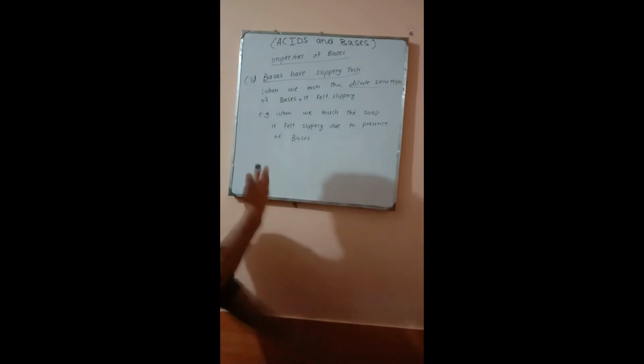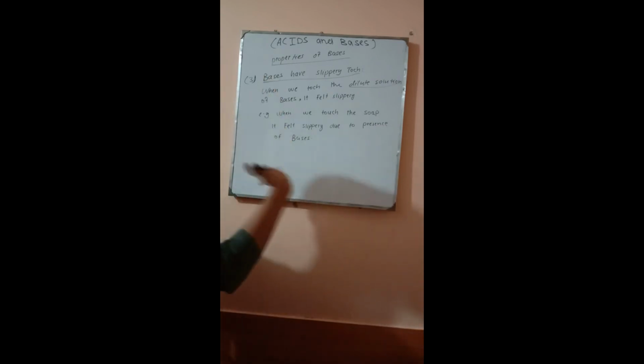So guys, this is just an introduction to acids and bases and the properties of acids and bases. You can call it properties or characteristics. There are a lot of names: properties, characteristics, advantages, merits, uses of acids and bases. You can write the same things, and these three are enough. These three are the main properties. There are lots of properties of acids and bases, but the top three are these three. Okay, I told you about this lecture.